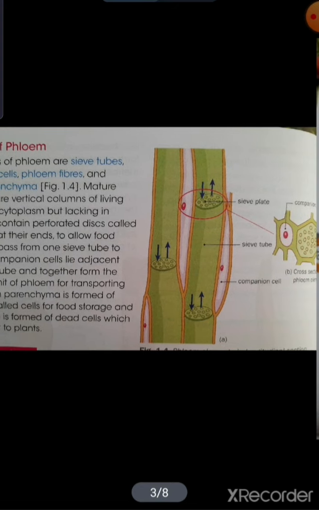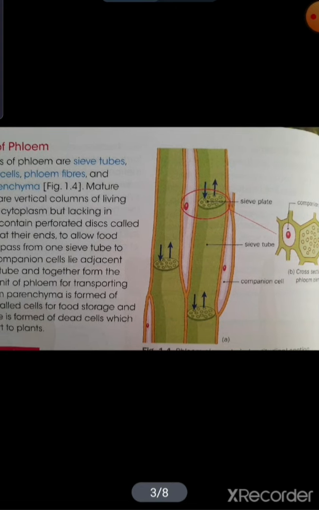Okay, so these two diagrams show the companion cells and the structure of the phloem. Now in this figure you can see the mature sieve tubes are vertical columns of living cells. They have cytoplasm but they don't have any nucleus. Okay, so this first diagram